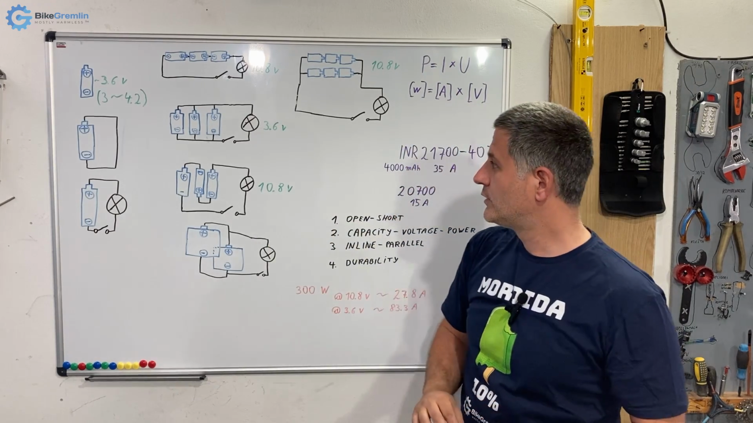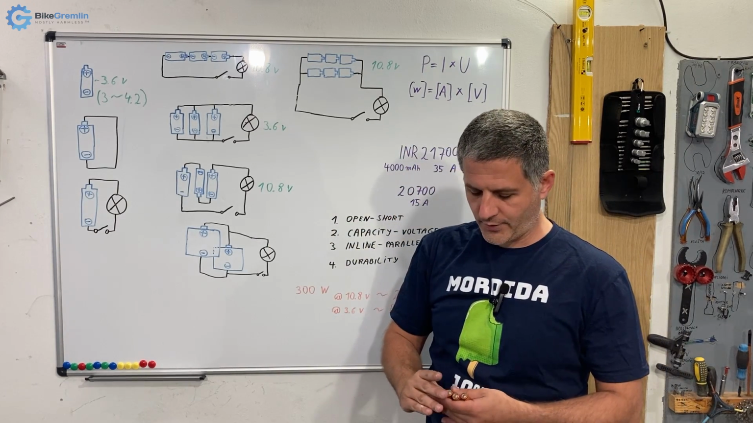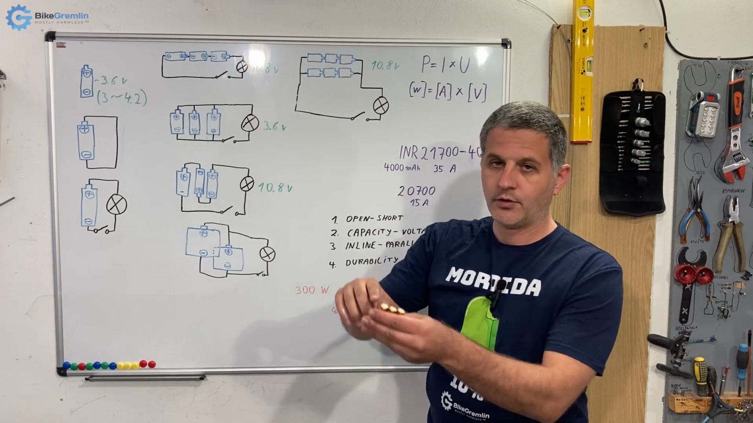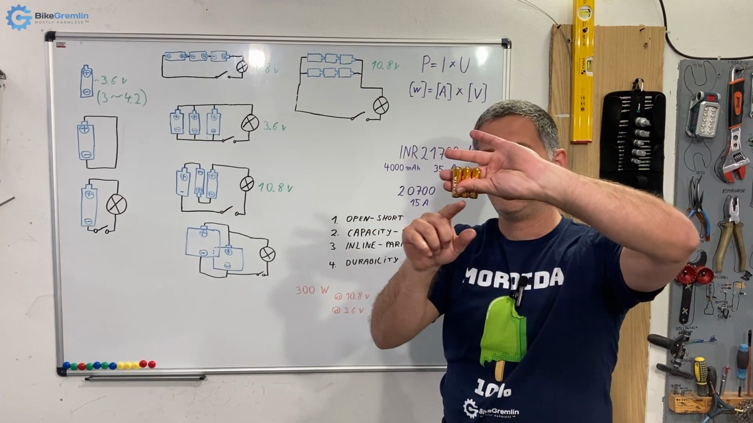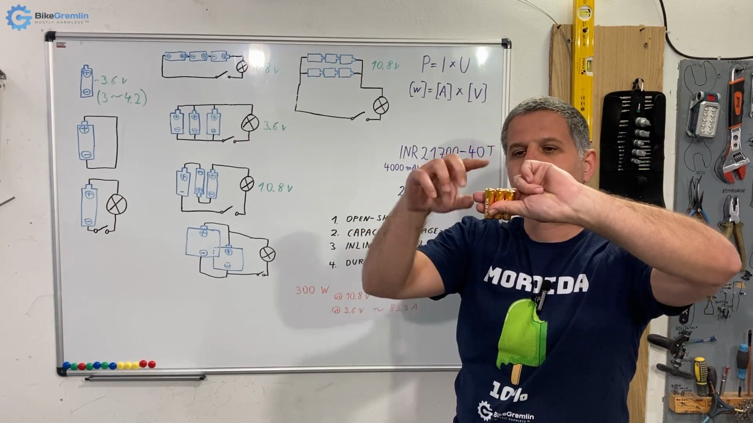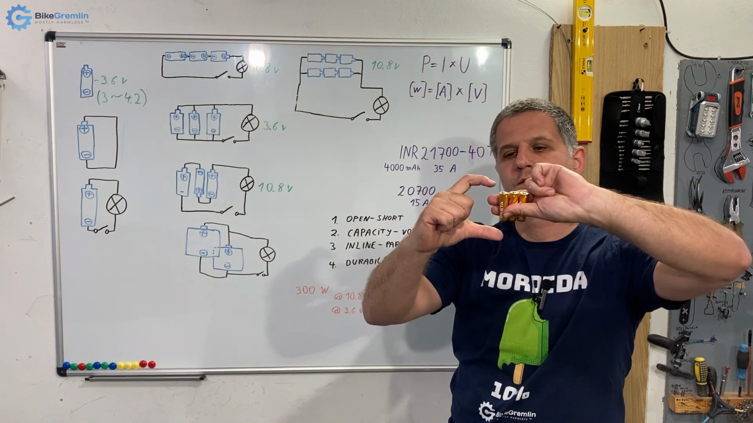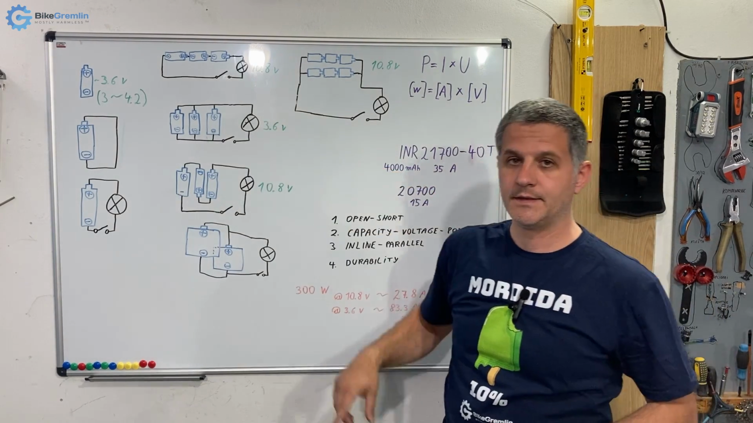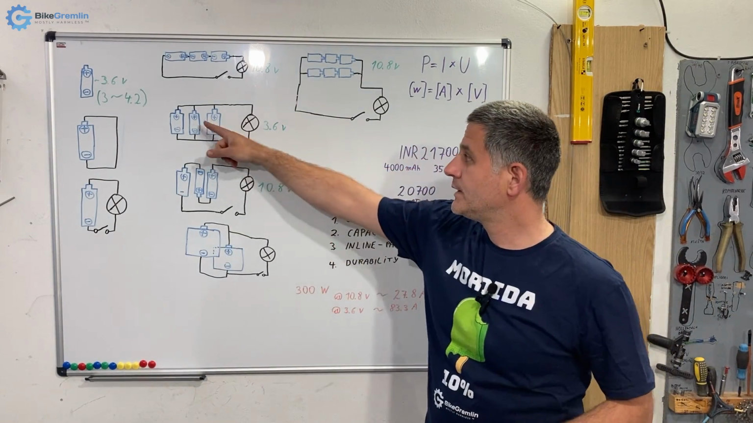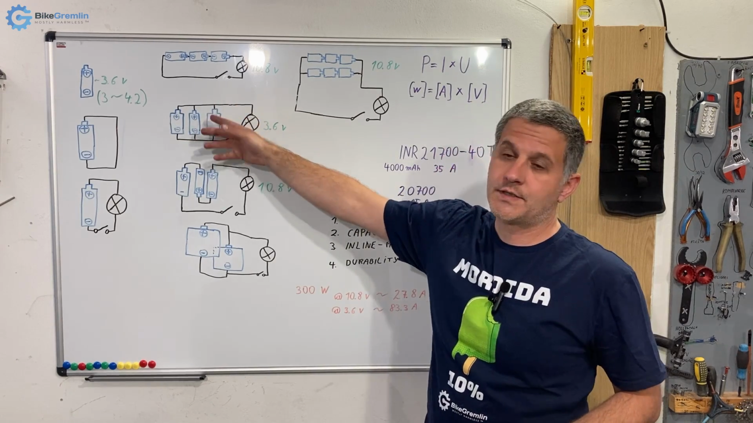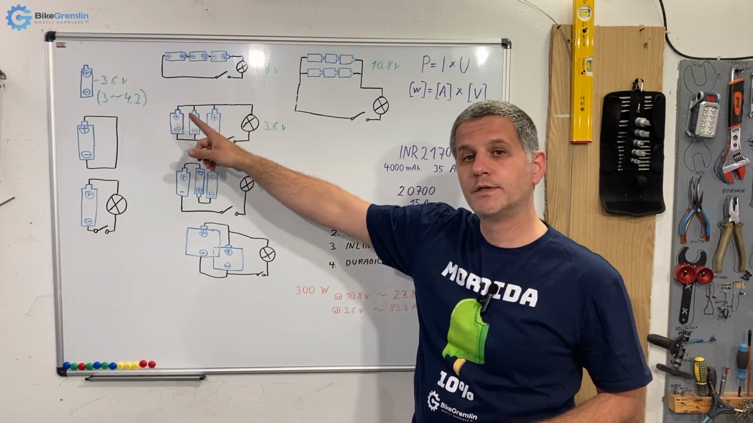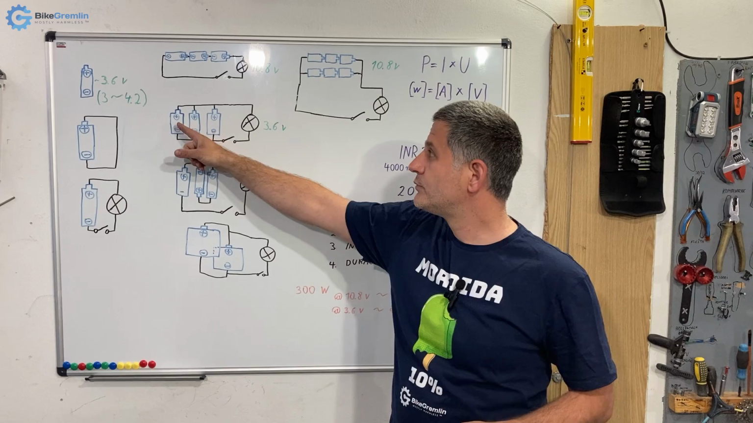On the other hand, we could connect them in parallel. That means that we connect all the minus ends together and all the plus ends, and then on those ends we put our appliance. In that case, voltage will be the same as each cell, so 3.6 volts. The voltage will not be adding up, but we will get